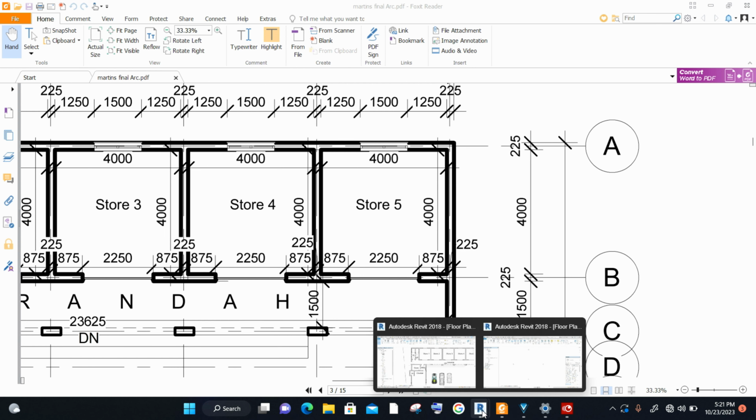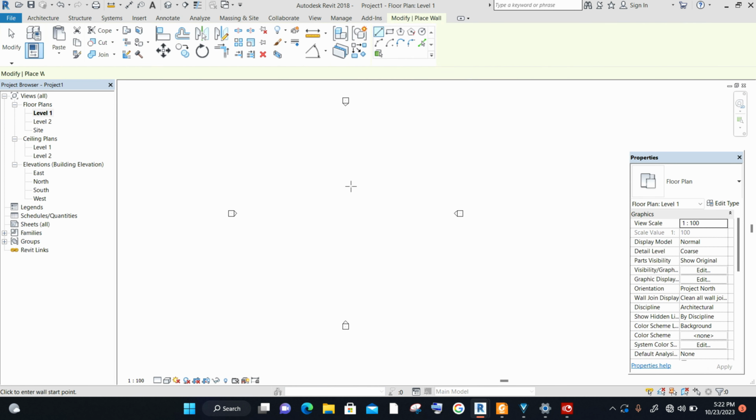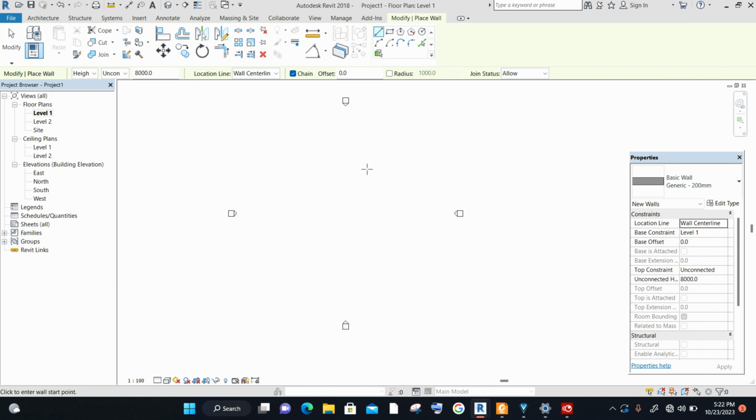So we go to our Revit, we pick on the wall again. Now know that it is 4,000 by 4,000. So we can draw a line, not minding how far is the line. So from here,